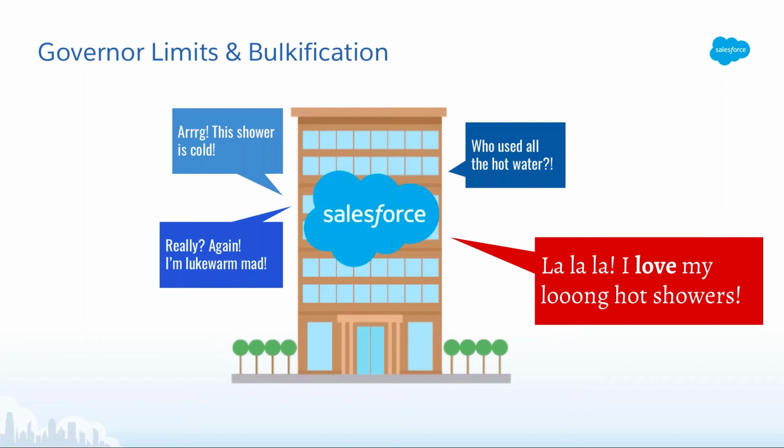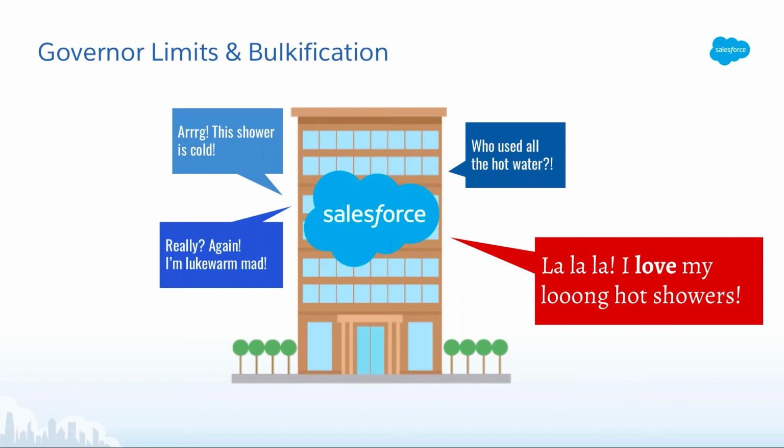But you might be doing big bulk updates to your org. So how do you do this when you can only use 150 DML statements in a single transaction? That's where bulkification comes in. Bulkification, which we'll look at in a minute, is a way of coding for efficiency. It basically means that instead of sending all new sObject records to Salesforce one at a time, you'll create a container called a list, put all the sObjects in it, and then send the container up to Salesforce using that one DML statement. This is bulkifying your code. This is what we want to do.